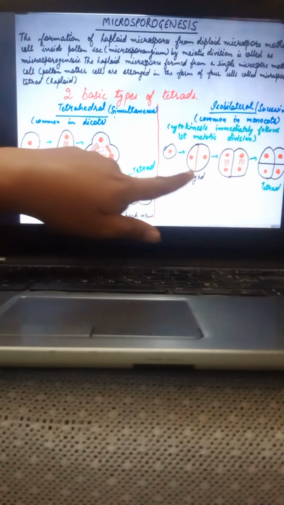So we have seen how each and every cell in this sporogenous tissue is a microspore mother cell. This microspore mother cell gives rise to 4 microspores. These microspores are haploid because the process of division has occurred by meiosis. So the ploidy has halved. Though the microspore mother cell is diploid, the spores formed from the mother cell are haploid.